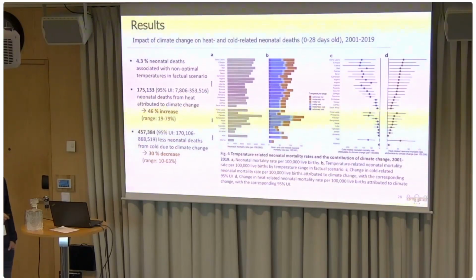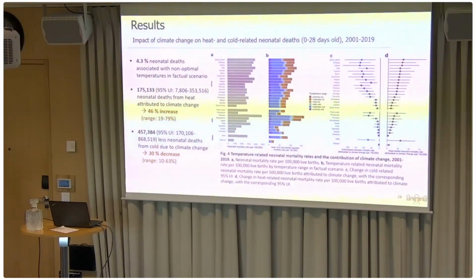Here, we show the heat and cold neonatal mortality rate, meaning the excess due to heat and cold, in blue and red, also separated by extreme and non-extreme heat and cold temperature, showing that there is a huge difference in the impact across places. And of course, this depends on the underlying temperature and the distribution of temperature across places. Again, the shape of the exposure response is the same for all the places, unfortunately.